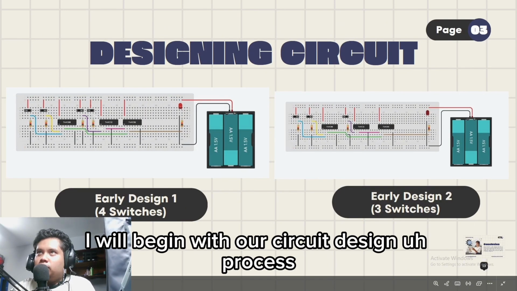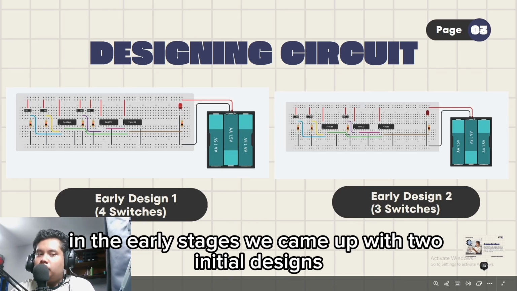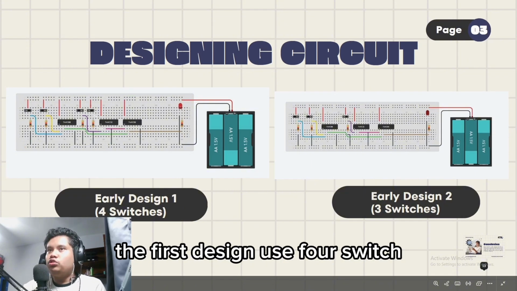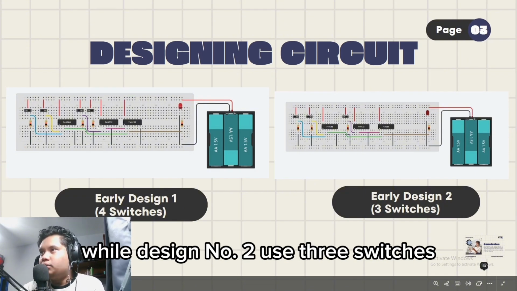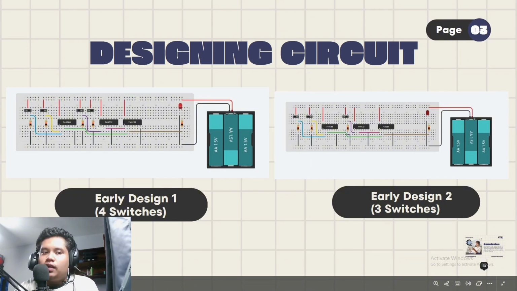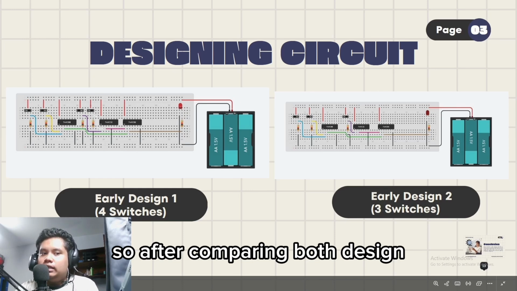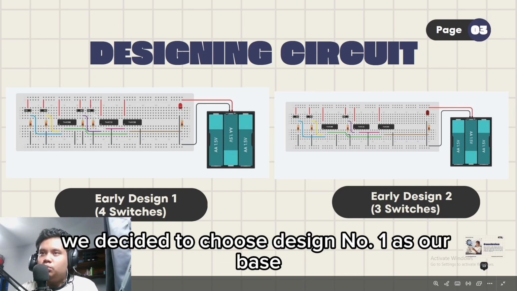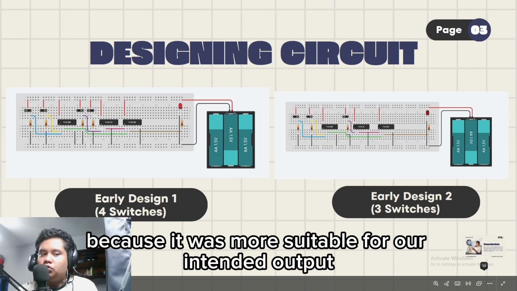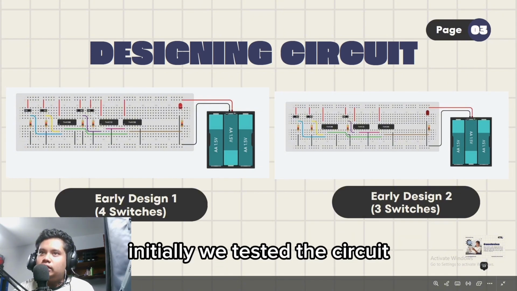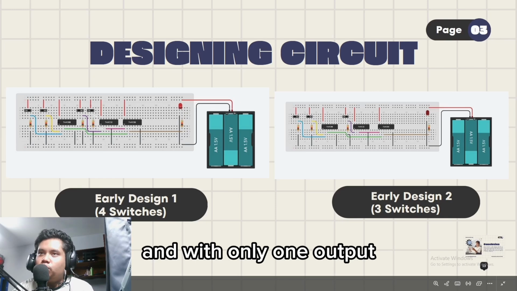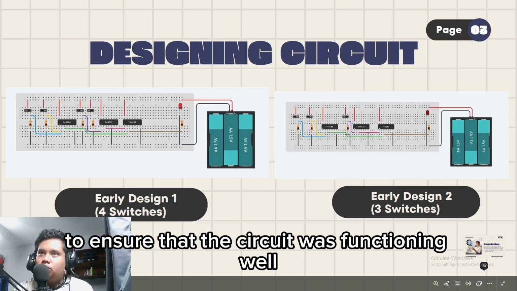I will begin with our circuit design process. In the early stages, we came up with two initial designs. The first design used 4 switches, while design number 2 used 3 switches. After comparing both designs, we decided to choose design number 1 as our base because it was more suitable for our intended output. Initially, we tested the circuit with only one output to ensure that the circuit was functioning